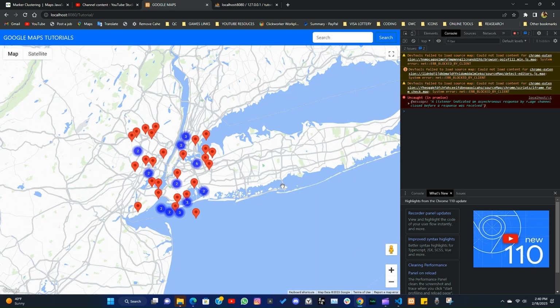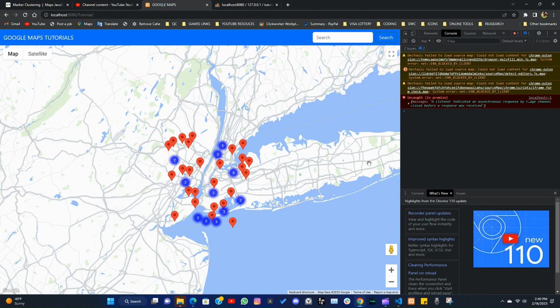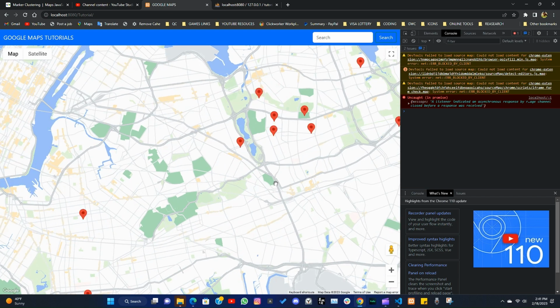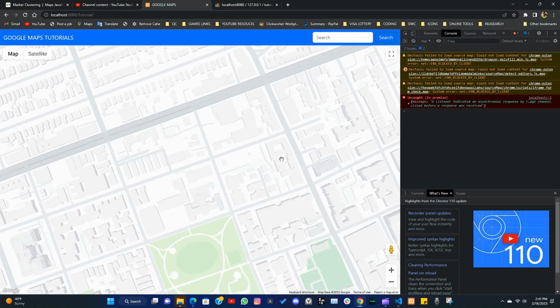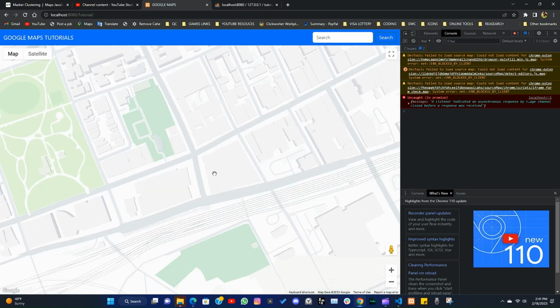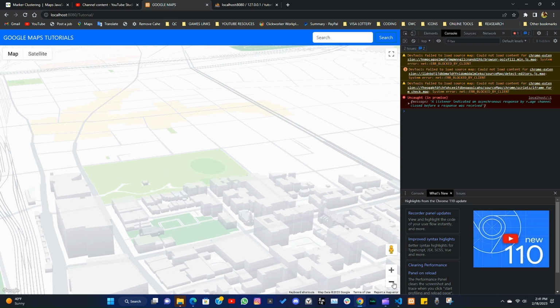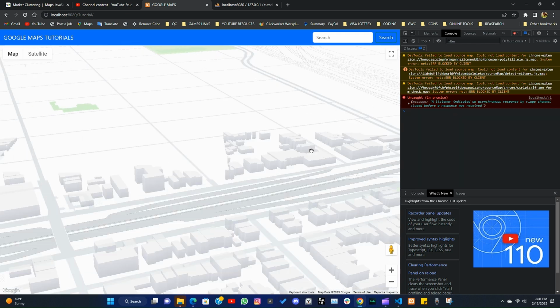Thanks again, guys. If you want more content, in the next tutorial we'll be initializing this search. Once you search with any location, it gives you the Google Maps Place API. It shows you all the locations. It takes you to that location by default. Like once you select any location, it takes you there. And then we're going to be adding buttons to be switching between 3D and 2D. We'll be able to move the map around. So right now we have our 3D buildings. We'll be able to move the map around like this. See how it's moving? We'll be able to do that. So let's scroll in a little bit. So we have this. We'll be able to move from here to a different location using the search bar